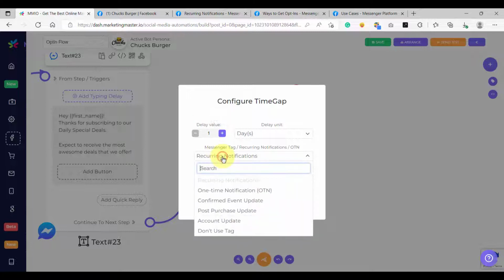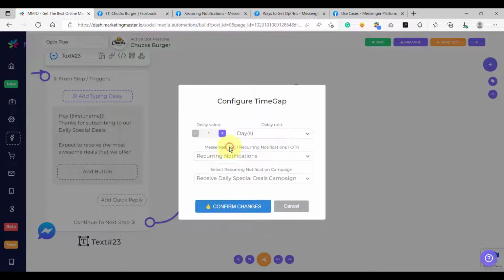And then, as you can see here, we have options. And for the option, let's choose recurring notification. And after that, choose the recurring notification campaign that we have created. In this case, we are going to choose the Receive Daily Special Deals campaign because that is the campaign that we recently created. After that, confirm the